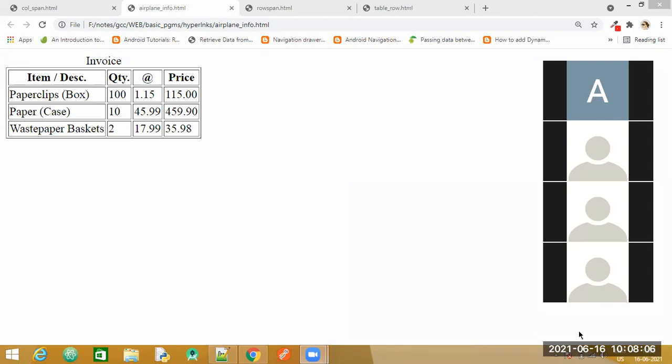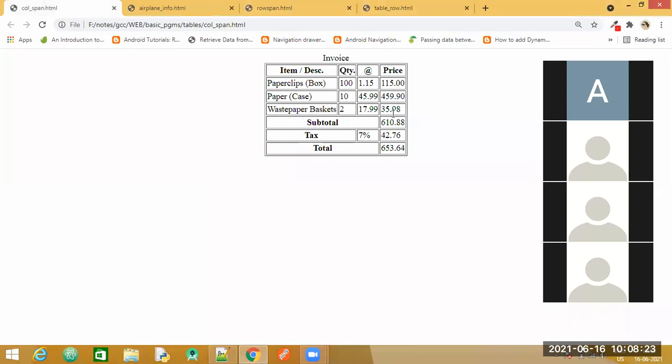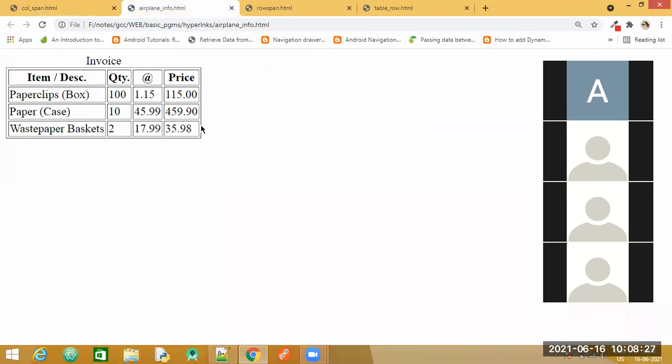Roll number 691, Krunal. Yes, ma'am. Now, if we have studied certain properties, have a look here. The table here is at the center of the page. Which tag do you think we need to implement here to get this table at the center of the page?